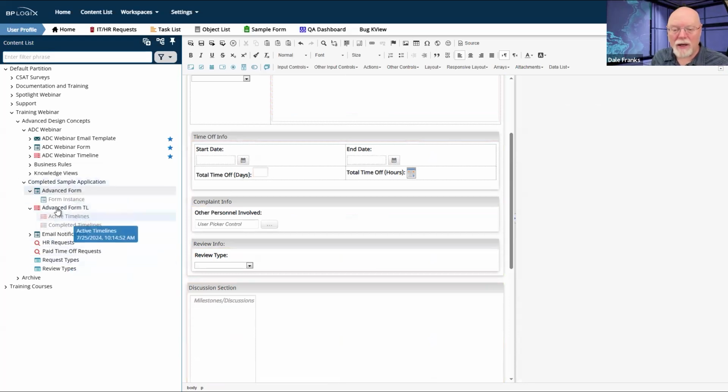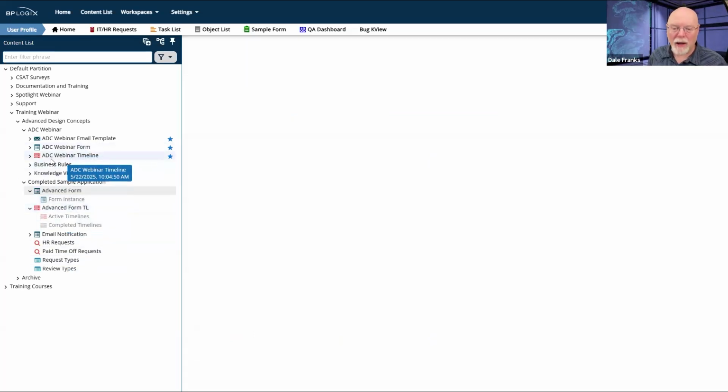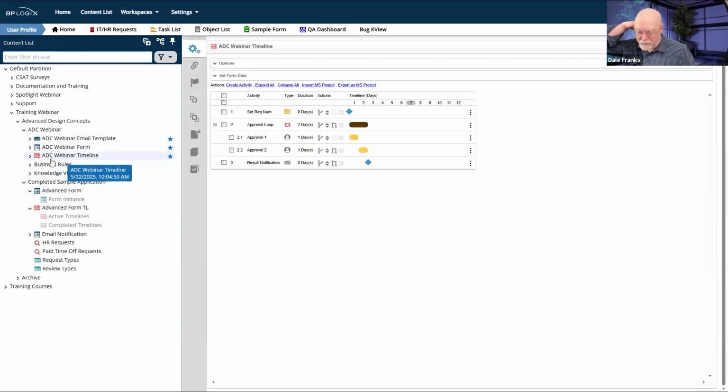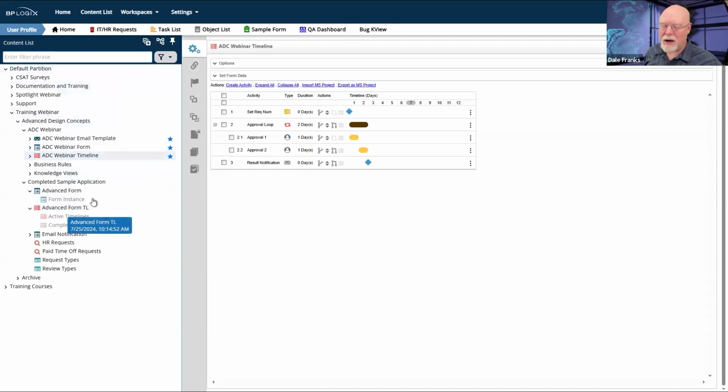We can now get into some of the best practices on the process timeline. For that, we're going to go back to this unconfigured one that I have up here at the top. We're going to be switching back and forth between these things so that I can show things as necessary, but I don't have to rebuild everything from scratch because we have a completed one down here that we can refer to.